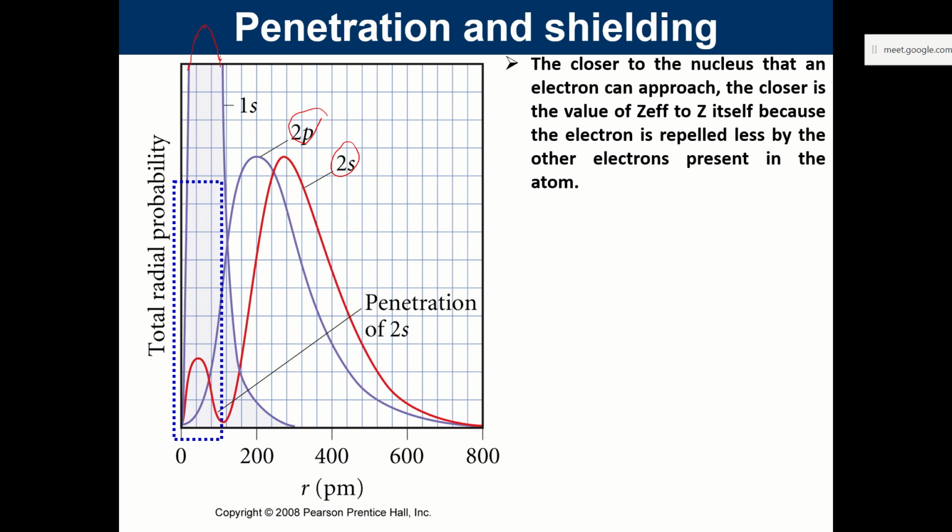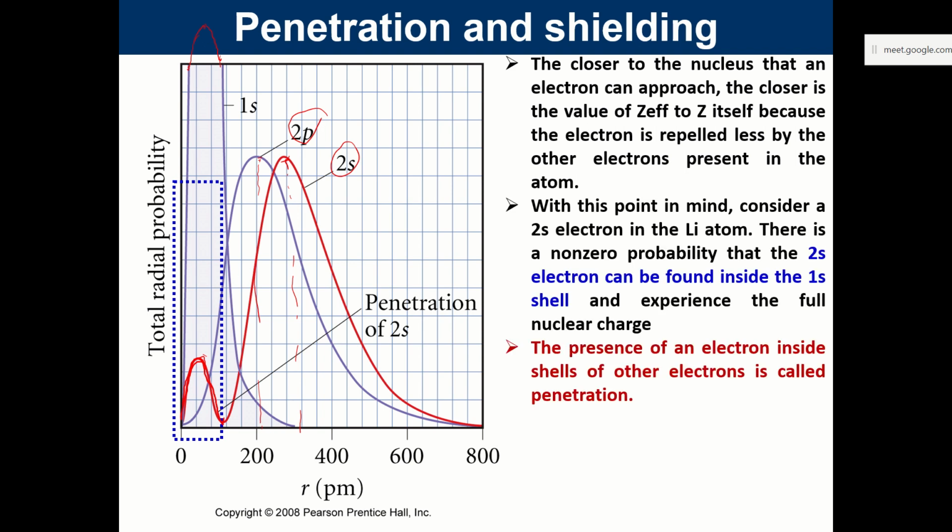So what we see here, the 2s electron has a larger most probable radius. 2p orbital has a lower most probable radius, right? 2s का most probable radius ज़्यादा है, 2p का कम है. लेकिन look at the probability function. The 2s orbital has a much higher probability of being found very close to the nucleus, and inside